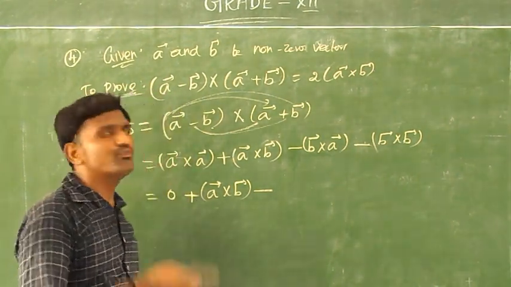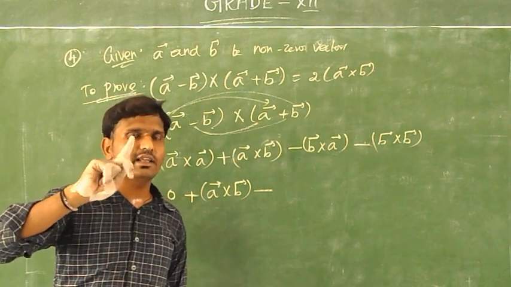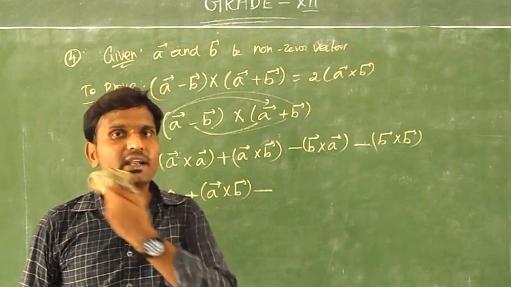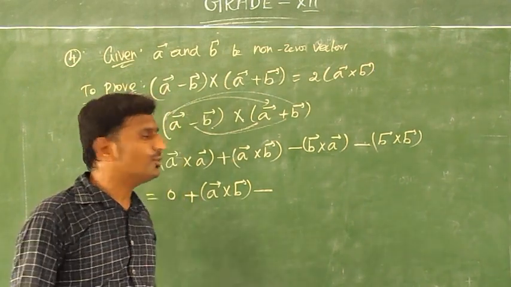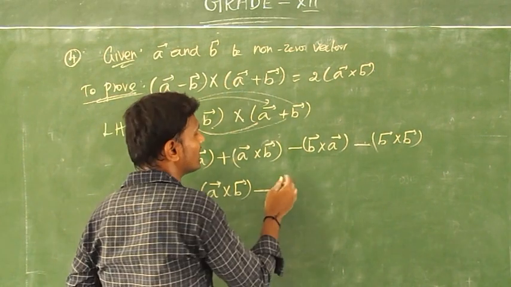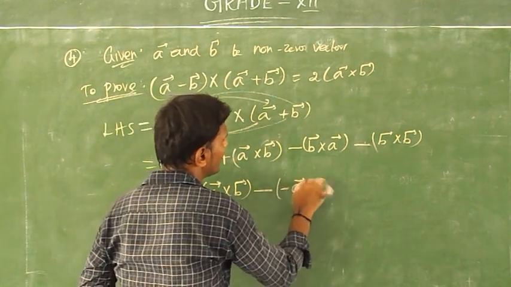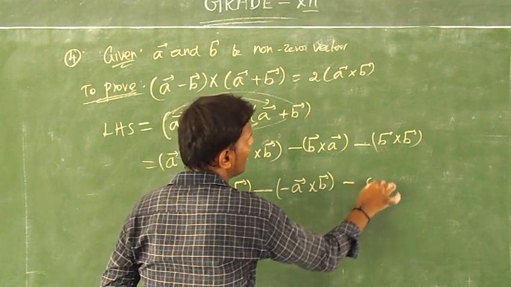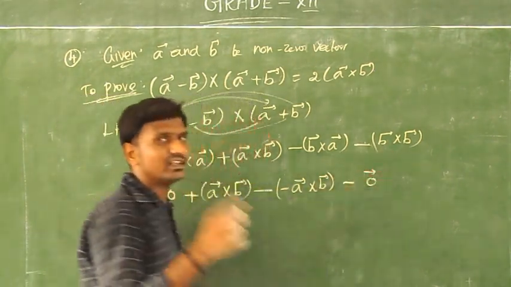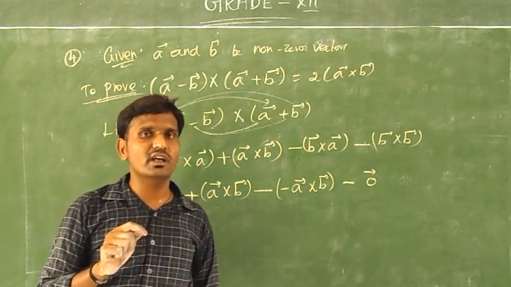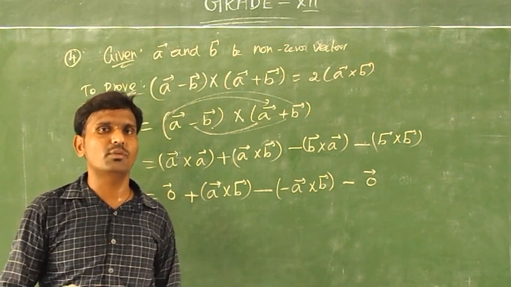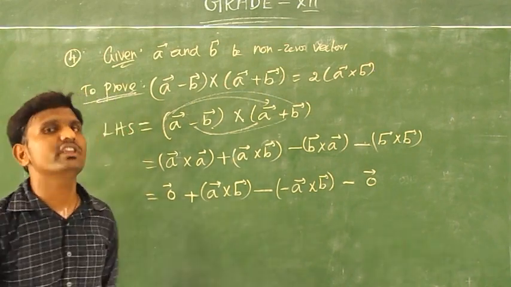See, when the dot product a dot b is equal to b dot a, that is satisfied for the dot product, but for the cross product the commutative property is not satisfied. So b vector cross a vector gives us minus a vector cross b vector, and b vector cross b vector gives what? 0 vector. One thing I want to tell you: for the dot product we write 0, no problem, but here 0 vector is how to represent.